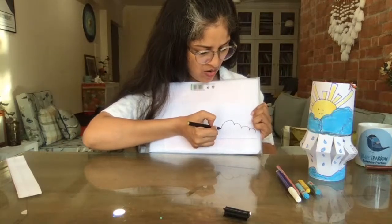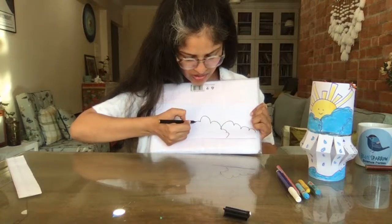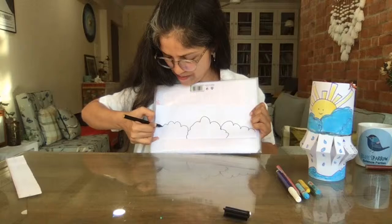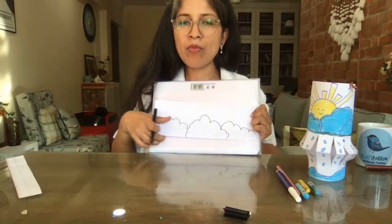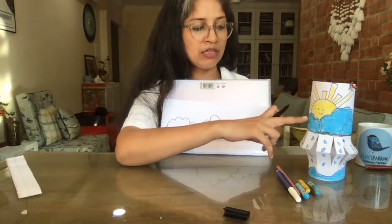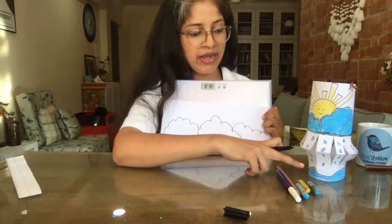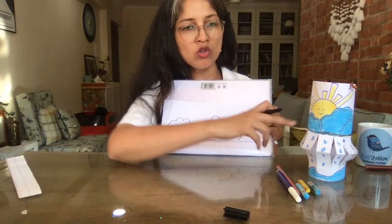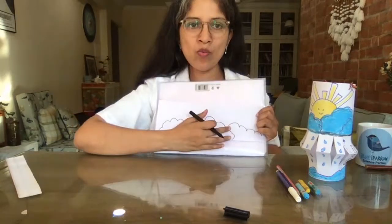So that's my cloud 1, and that's my cloud 2, and that's my cloud 3. Simple. It needs to open up from this side and from the bottom side, because see how our template is: from the clouds the rain will fall, right, and go to the sea, and from the sea the evaporation will happen and make the clouds. So we have to be sure that the clouds are like this, not the other way, when you are folding it, right? Now we make the sun,